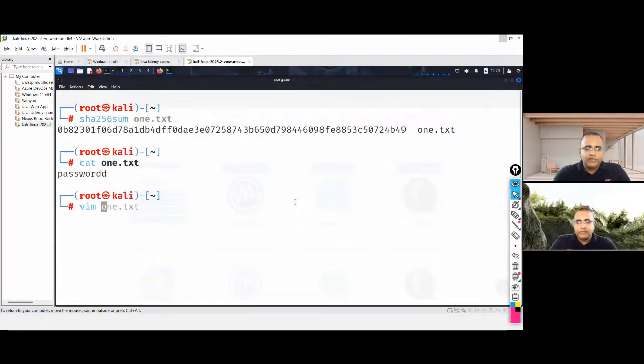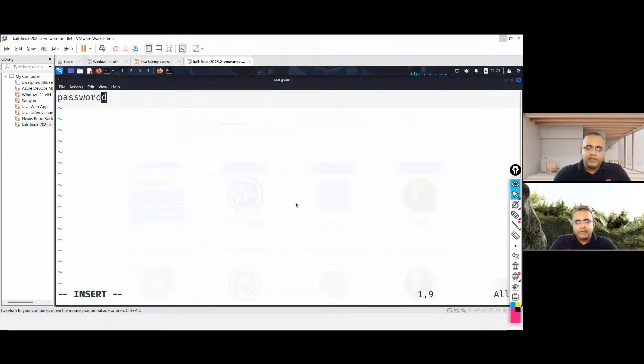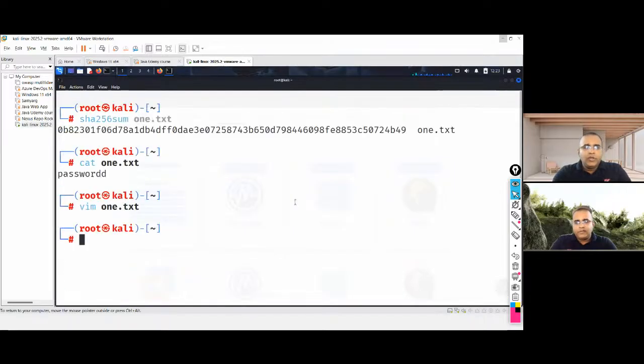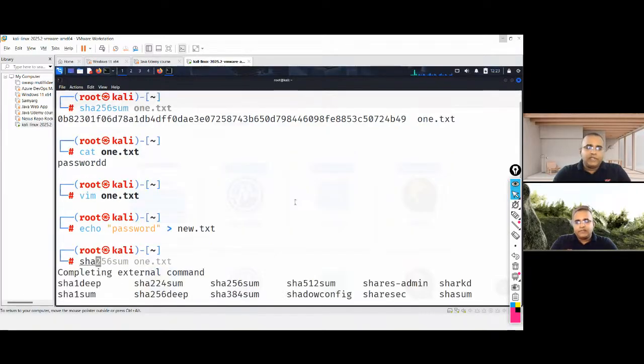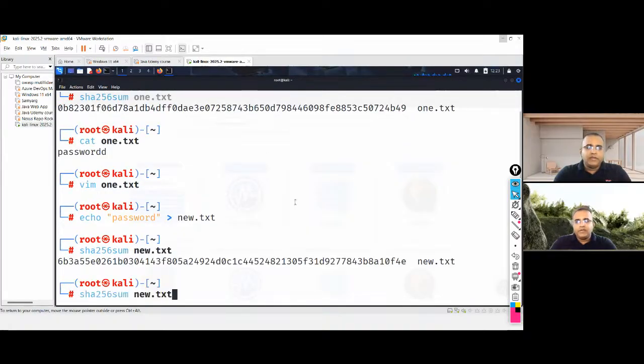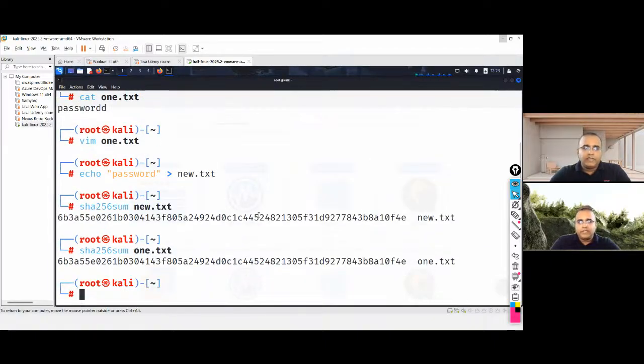Okay, let me remove this extra. So now when you enter a new password, it takes that password and puts it into a file, right? Now I'm going to check if both of them are matching or not. See, now both of them are matching up there.